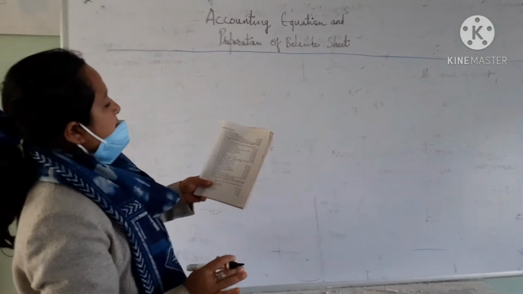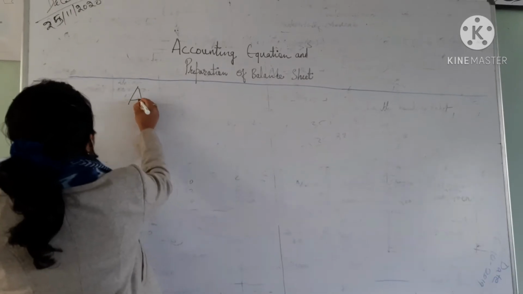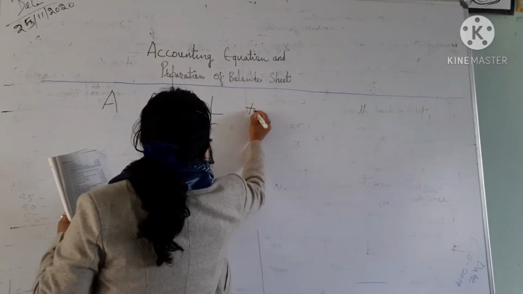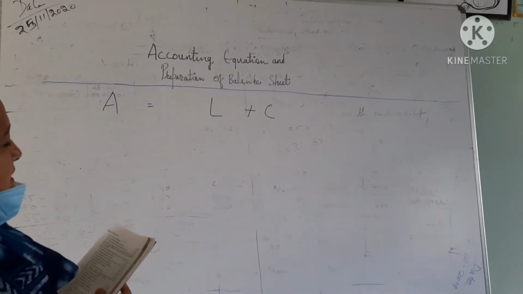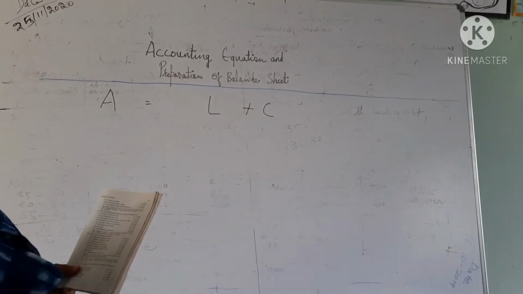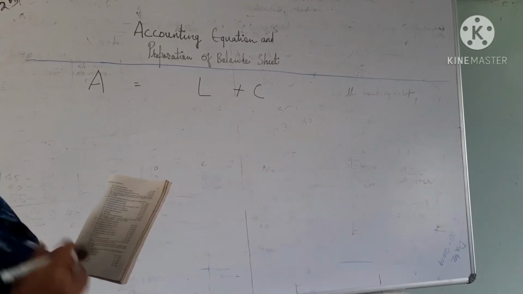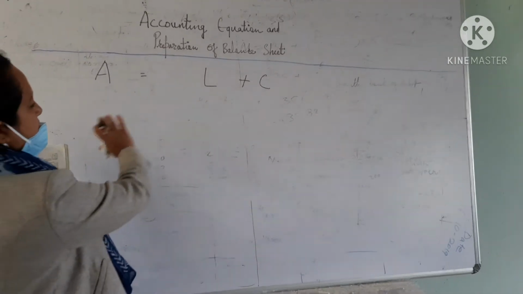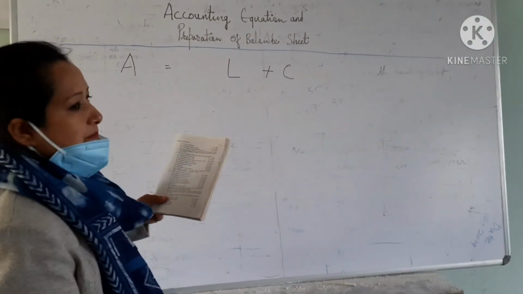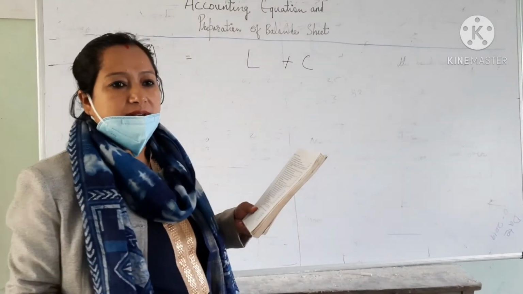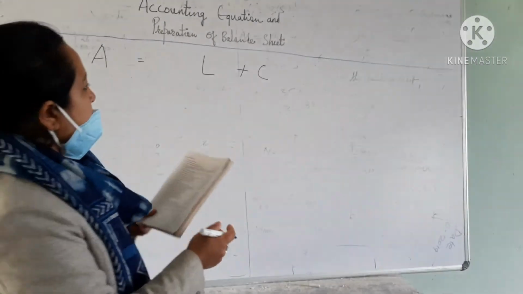First question is, business started with cash 1,75,000. So we write A equals to L plus C, where we know that the assets and liabilities of a business are totally separate from the assets and liabilities of the owners. Okay. So here we show only the assets and liabilities of business. On behalf of the business, we are preparing this accounting equation. So when business has started, obviously we know that the owner has deposited money or invested money in the business, and it is 1,75,000.